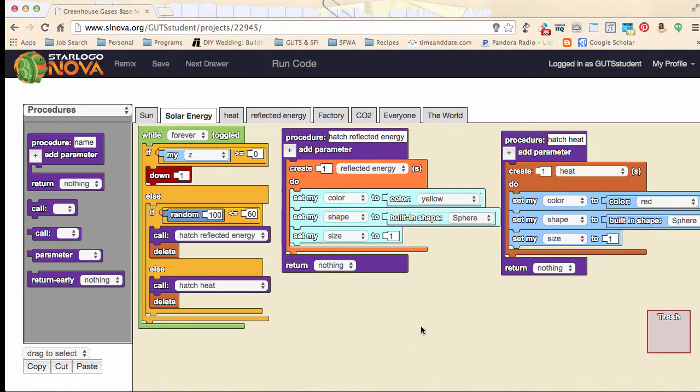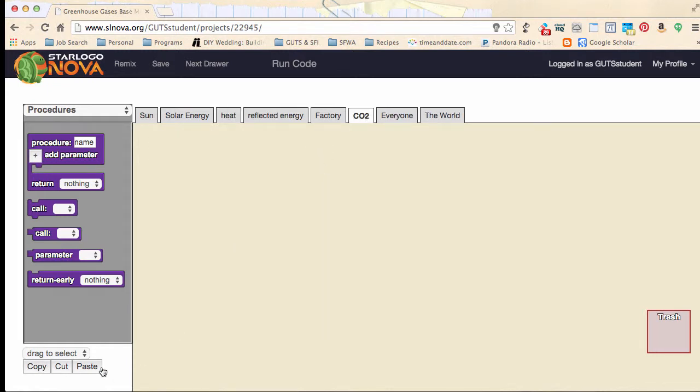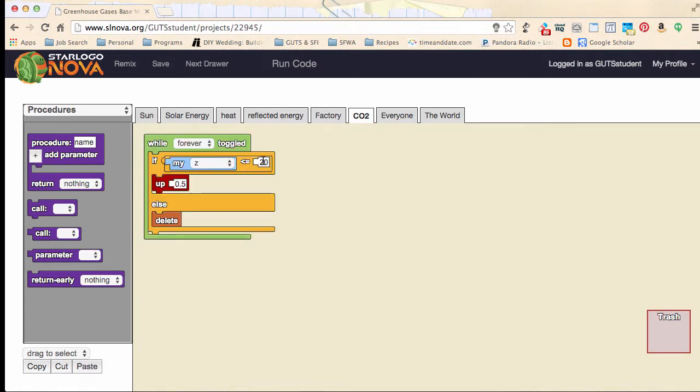Let's see a different agent that had similar behaviors that we might want to copy. For example, heat. So heat, up until it reached a Z of 20, would go up by 0.5 every time, and then when it reached 20, it would delete. So we can make use of this code. So we're going to say this part is fine. If my Z is less than or equal to 20, I'll keep going up,